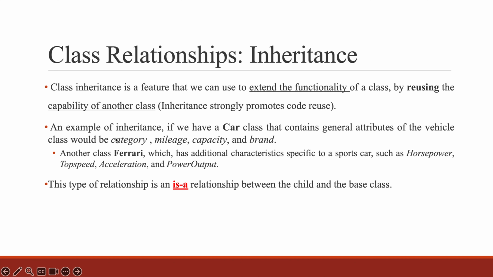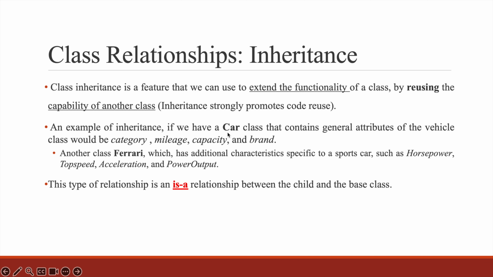For example, the vehicle has a category, a mileage, a capacity, a brand. So for the car, we don't have to recreate or rewrite variables for those. We can just inherit them from the parent class, which is vehicle. So here it gave an example. If we have a class that is a Ferrari, which is a type of car, then it can